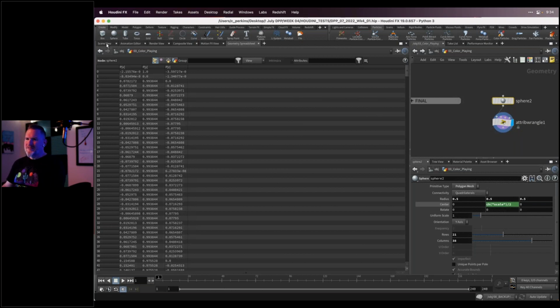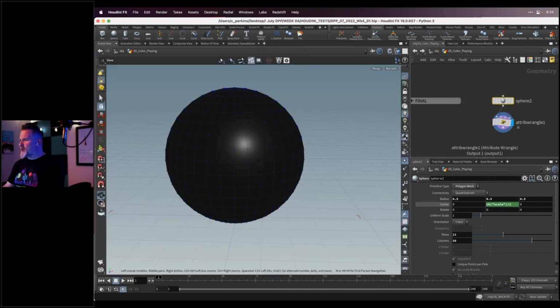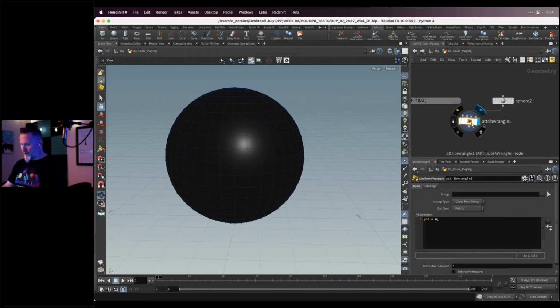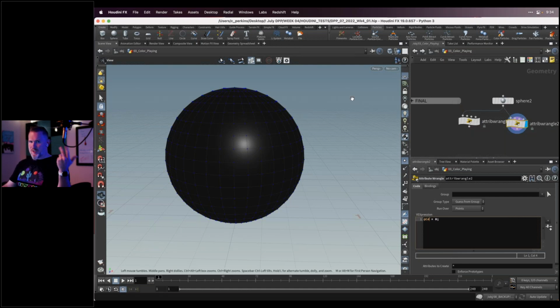So we can fiddle with this more. Let's go back to the attribwrangle. I'll hold the Alt key or Option key and drag this over. So we have a copy of that. And let's say now, instead of doing Cd, because you saw before that we had red, green, and blue split out, because color is a vector, right? It's 3 attributes. It's not just like this is the color blue or whatever. There's a red, green, and blue value for every color. So when we said Cd equals 0, it's all channels, everything equals 0 across the board. But we could be more specific.